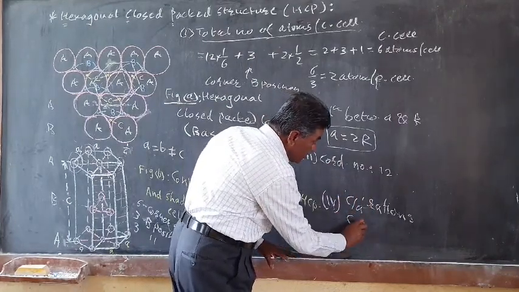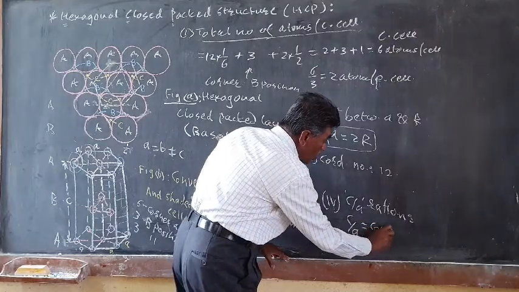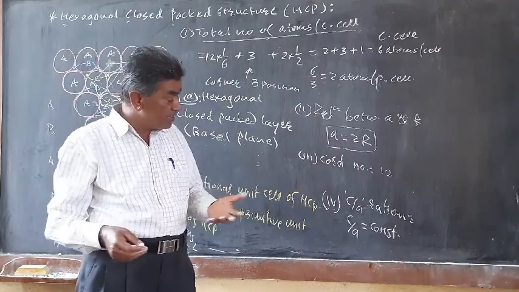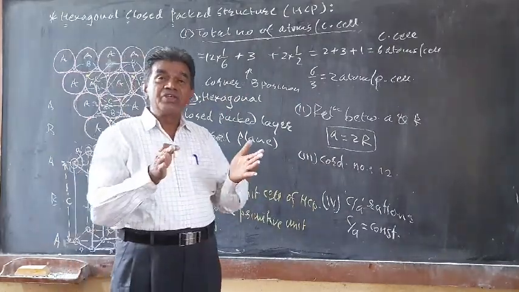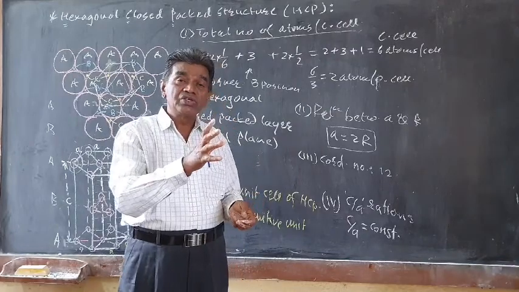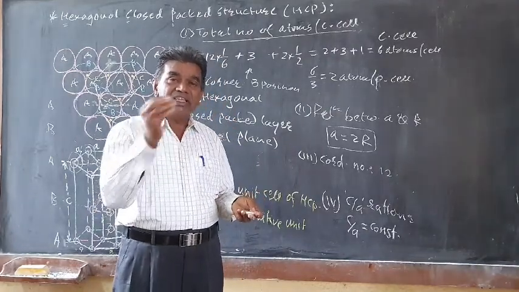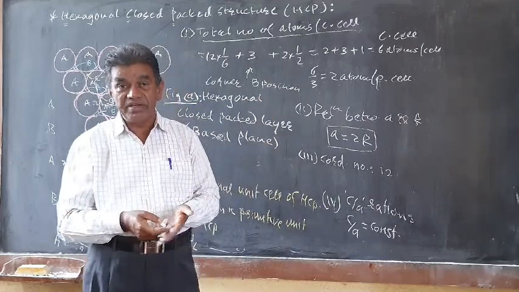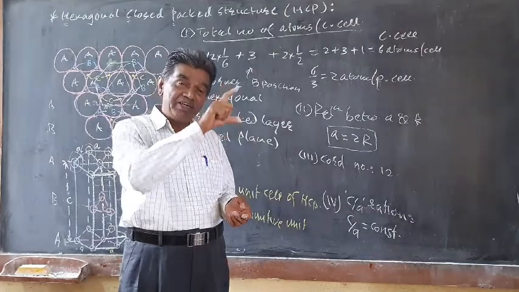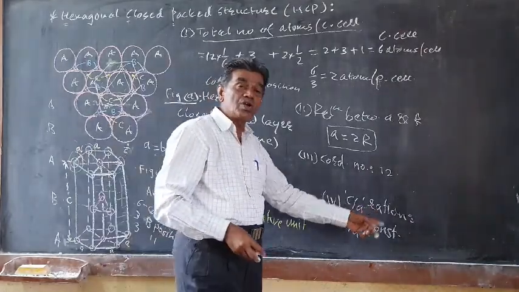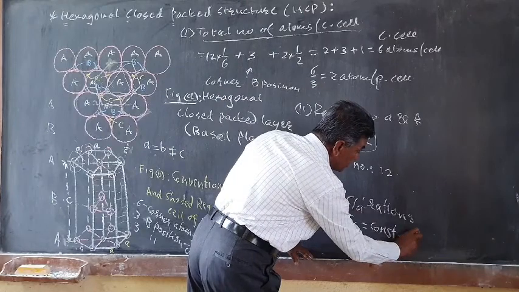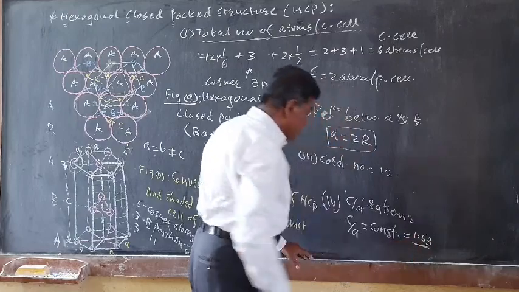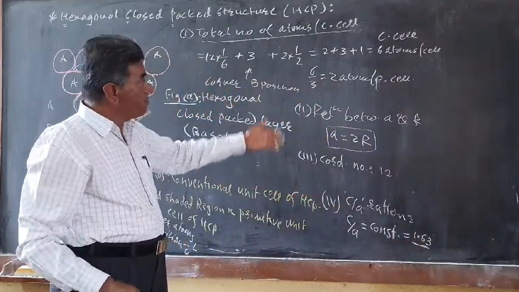The C by A ratio is found to be constant for all compounds or metals having the HCP structure. If you take 10 different compounds having the HCP structure, the size of the conventional and the primitive unit cells are different, but if we take the ratio of height to the basal side, it is found to be constant and equal to 1.63. Now this is regarding the four parameters of this.